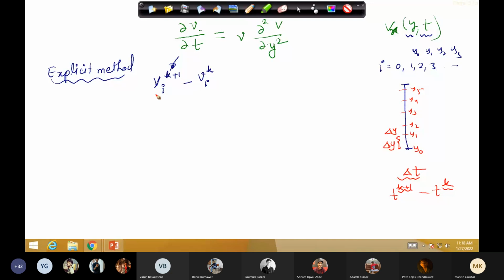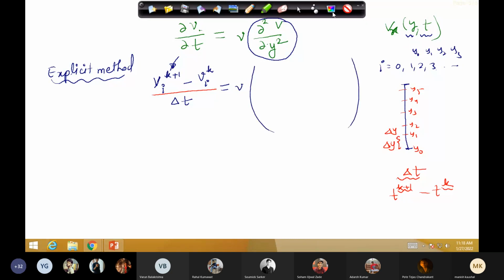So we will write this divided by my time step, delta t, okay? This is equal to, now this is new. What are you going to write for this? There are various ways to write it. One way which we use in the explicit method is simply, so this is our nu, kinematic viscosity, and then